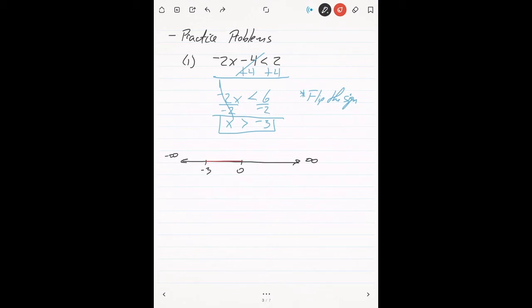That means all these numbers to the right of -3 are solutions. They all satisfy the inequality. So you could pick something like 1. 1 is greater than -3, or 2, or 3, or 4, or -1, or -2, or -1.5, etc. All of these numbers, if they're on the right of -3 on the number line,